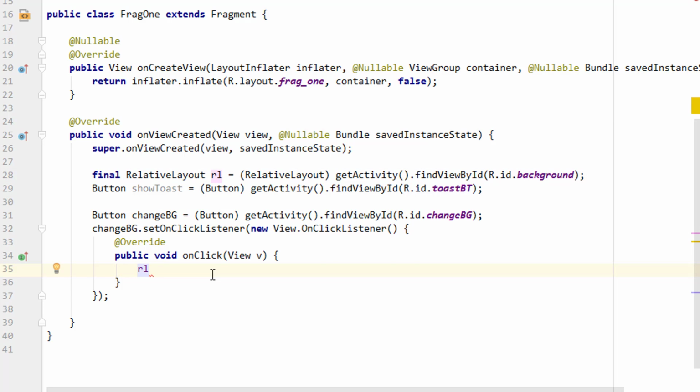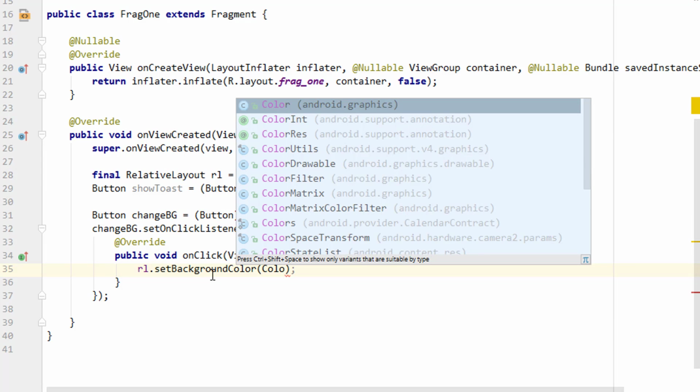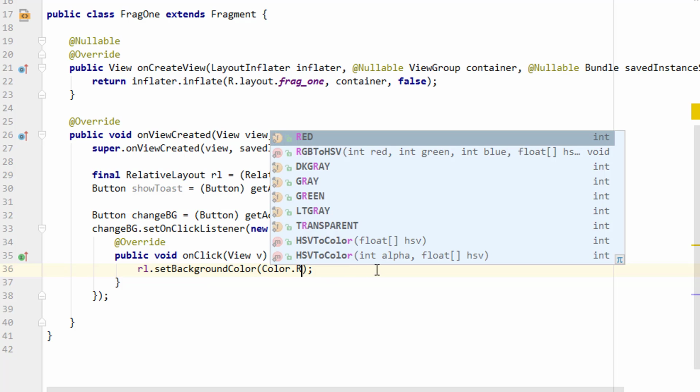Now what we have to do is rl dot setBackgroundColor. So yeah, Color dot YELLOW. So I have added the color as Color dot YELLOW. Now when the button is clicked, it will replace this layout with a yellow background. Maybe I will go with something like red,